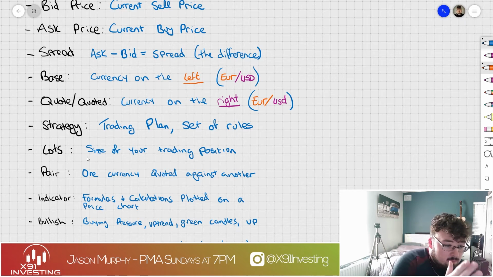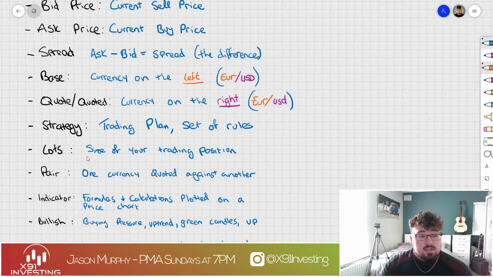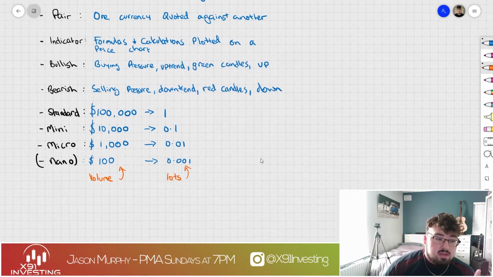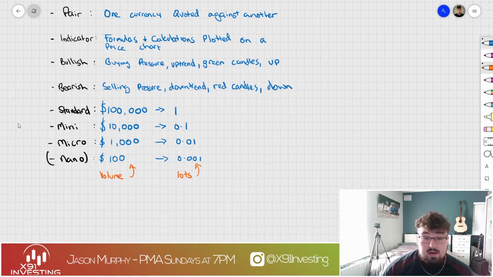So we'll move from strategy down to lots. A lot is a particular amount of a currency. Lots can be broken down into two different categories: volume and lots. If I'm talking about a standard, a standard is 100,000 units of currency, or one. It's referred to as one standard lot. When we talk about a mini, if I say a mini lot, I'm talking about 10,000 units